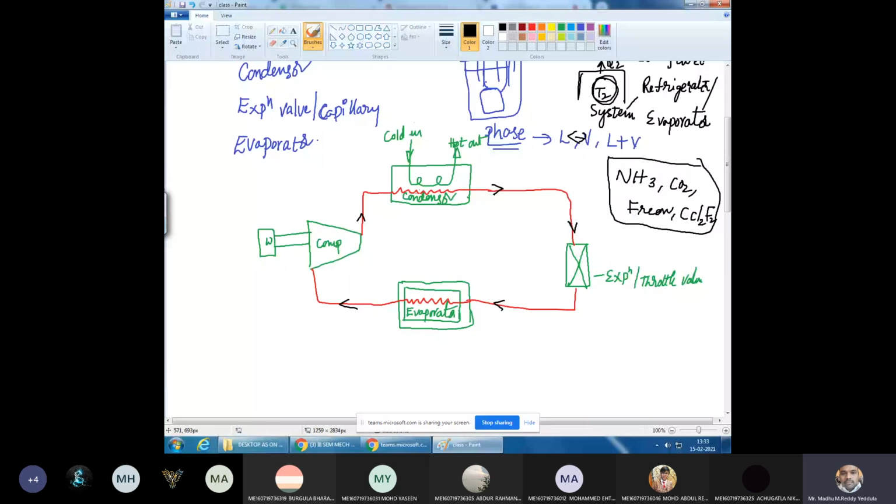And the alternate condensation and evaporation take place at temperature and pressure close to the atmospheric condition. While expanding, the pressure may be brought to the atmospheric condition. Here, this is the evaporator, where I am getting the refrigerating effect. Let me draw the PV diagram also, so that I can explain easily.